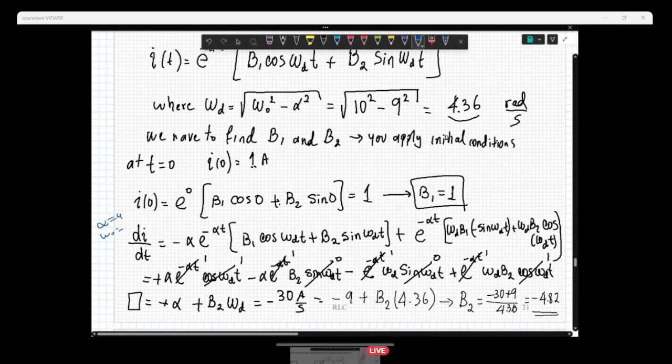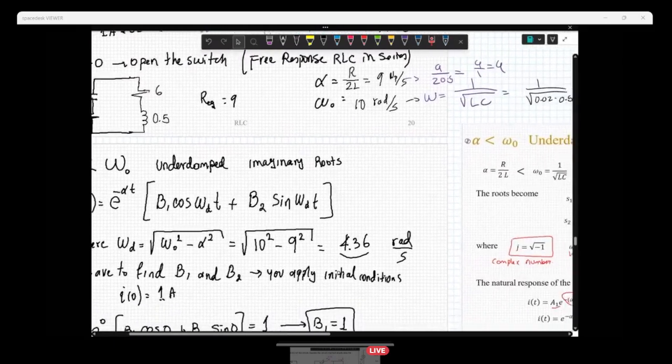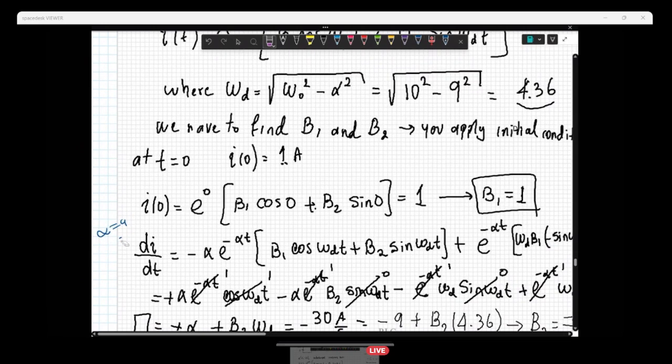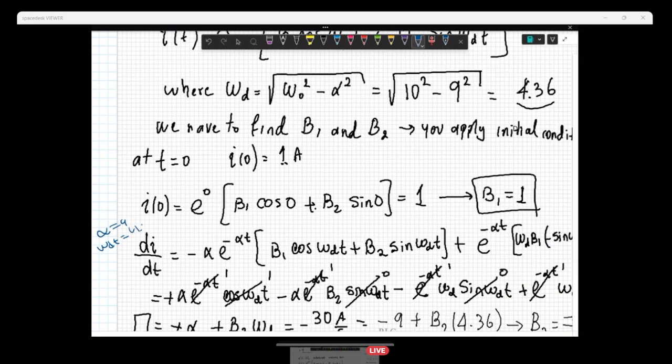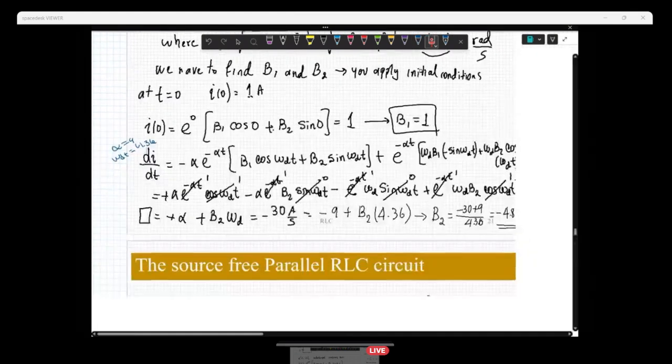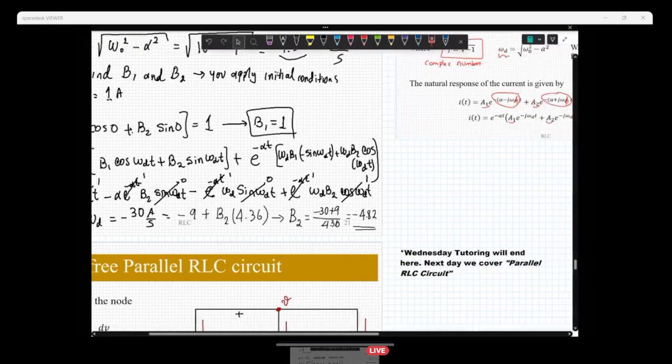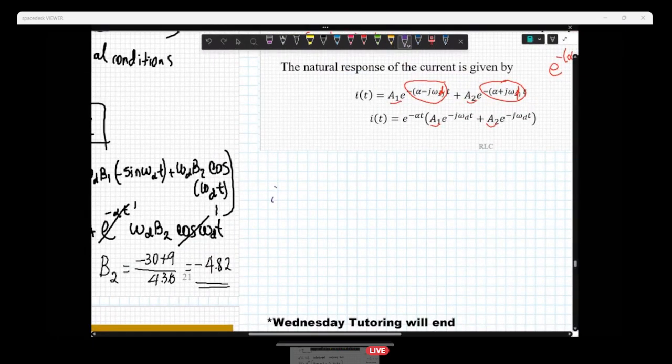The W you know is equal to, oh no, it'll be the WD. In the formula you plug in WD. So the WD that you saw earlier will be 4.36. And you can plug those in here. So this is the alpha, and then you plug in the WD. And basically you would have a formula. Let me just write it out. So you would have I of t equal to E to the minus 9t, A1,